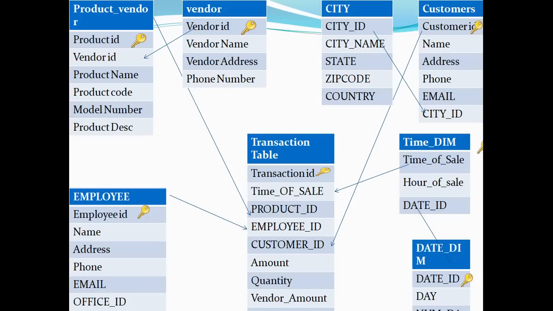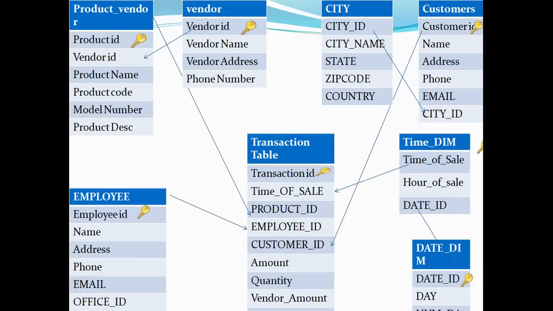The same goes for the product vendor table as well. Earlier the vendor information was being repeated on a constant basis, and let's assume that a particular product which is very popular is being sold by thousands of vendors. In that case, maintaining that kind of redundant data is going to be very complex.